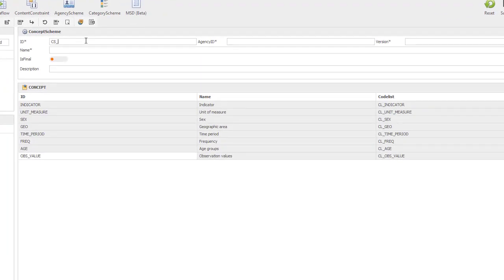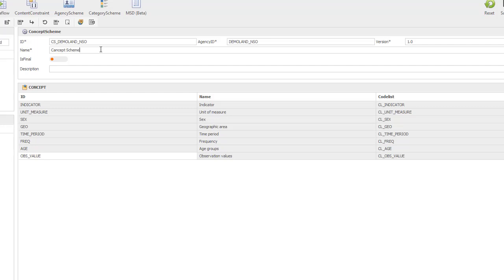Here we put CS underscore demoland underscore NSO. Agency ID is Demoland NSO, version is 1.0, and we can have the name as